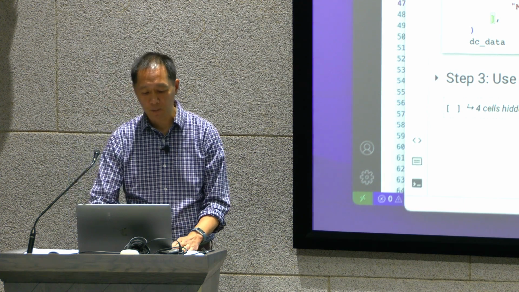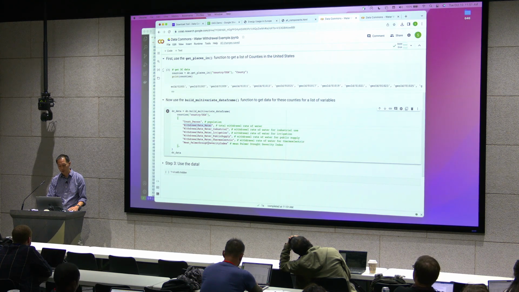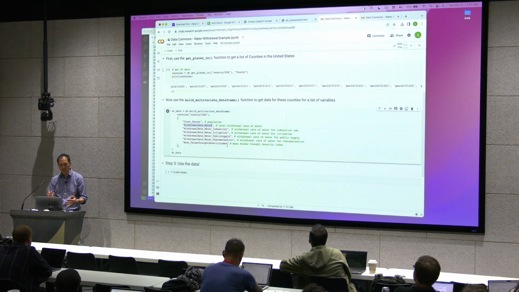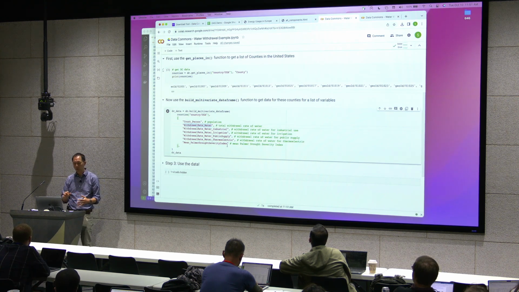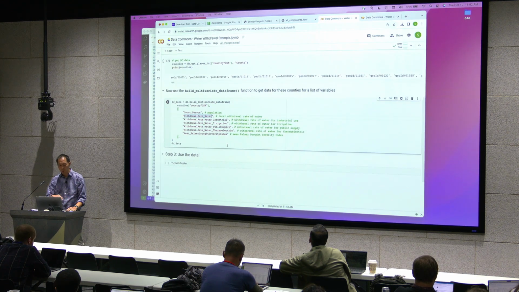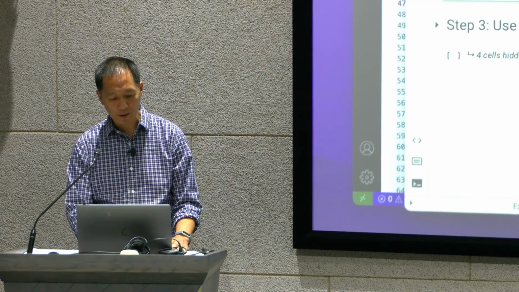I also want to get some information about drought conditions. And so I can look at a variable called the Palmer Drought Severity Index, which is basically an indicator that tells you how much drier or wetter than normal a particular area is. The lower numbers are more dry, and the positive numbers are more wet. So if I run this, Data Commons is going to pull information for all of these variables for all of the counties that I have